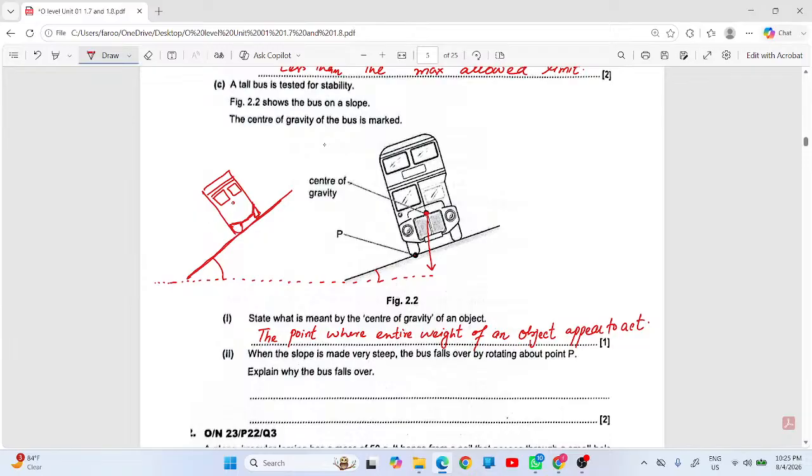लेकिन जब इसको आप ज्यादा टिल्ट कर देंगे ना, so there is a possibility that center of gravity now goes out of the base. इस तरह से बना रहा हूँ, अभी तो मैं जबरदस्ती बना रहा हूँ, ठीक है. So it will be out of the base that causes the bus to rotate. ठीक है, that will cause the bus to rotate. तो इसमें हम लिखते हैं